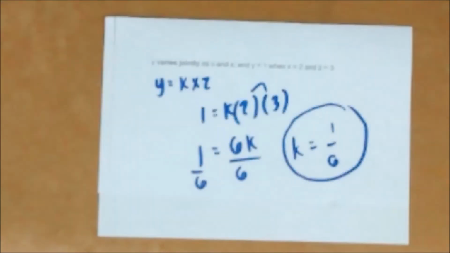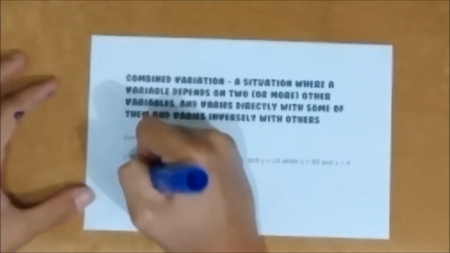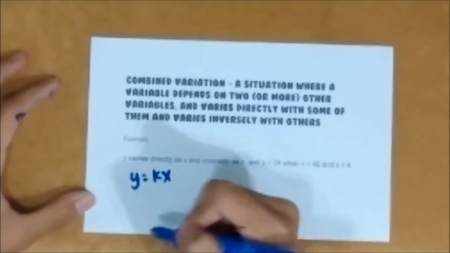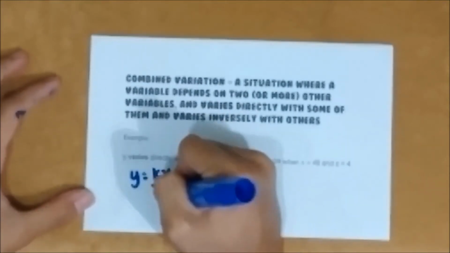Simple, right? To the last one, the combined variation. The combined variation is a situation where a variable depends on 2 or more other variables and varies directly with some of them, and varies inversely with others. For example, y varies directly as x and inversely as z. There,